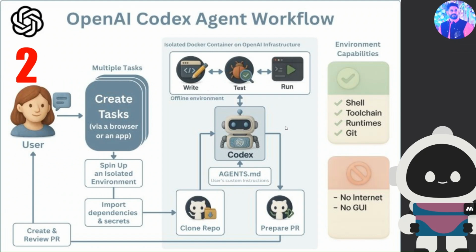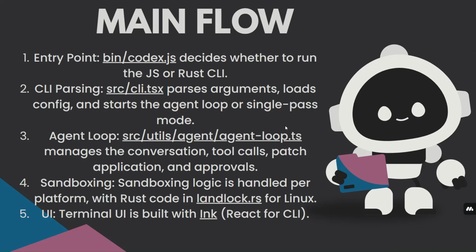Step one, installation of the CLI. It's all simple. All you need to do is go into your terminal and type npm install -g OpenAI Codex, which requires Node.js version 22 or higher, and at least 4 to 8 GB RAM, and 8 GB is the recommended one. And once it's done, you have to run codex and then kick off your CLI UI,